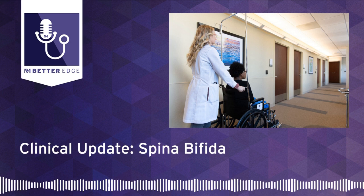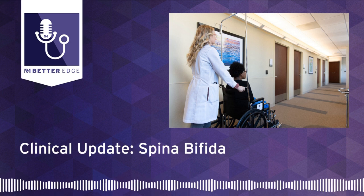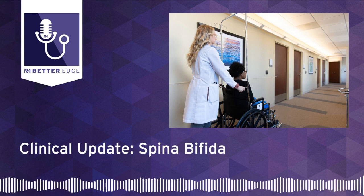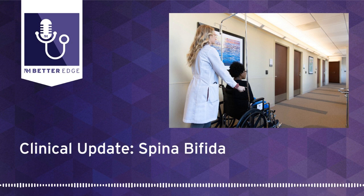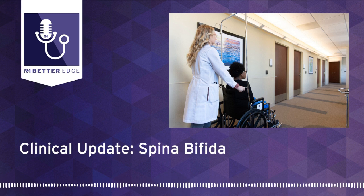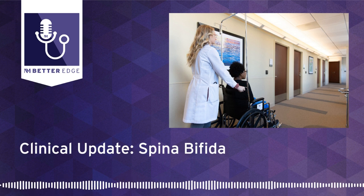And having a centralized clinic will really help us to enroll patients in a much more streamlined way to then gather this data that's robust and meaningful to give back to the community with some answers. We give out questionnaires that capture all of these areas and some areas that we really previously haven't looked at, like sexual function and finding out what's most important to the patient that maybe hasn't traditionally been talked about with